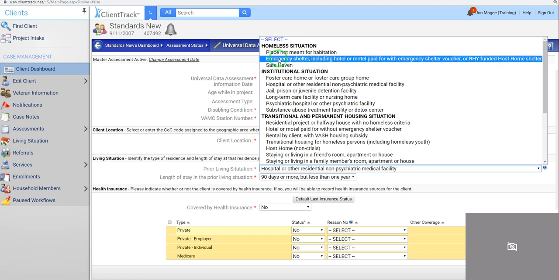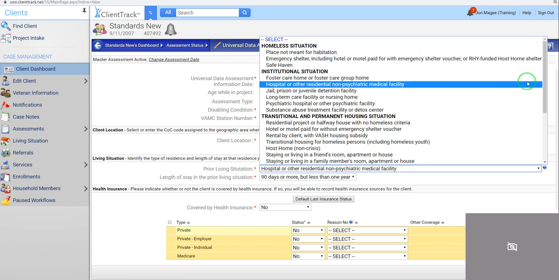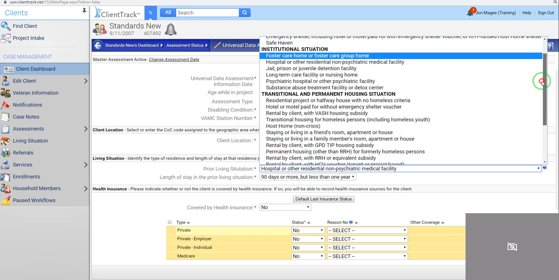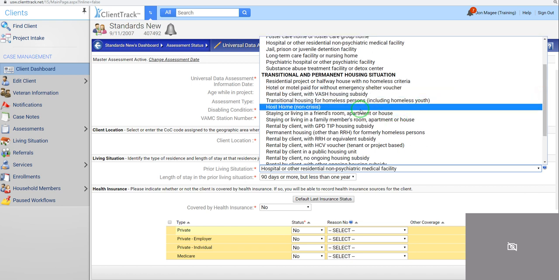Another change is that the emergency shelter answer here will now also contain RHY-funded host home shelters. So if a client is coming from that situation, this will also include that under emergency shelter. We also, though, have host home non-crisis as an option. So if they are coming from this situation, then you want to make sure you are choosing this as